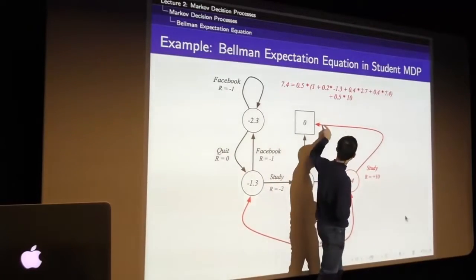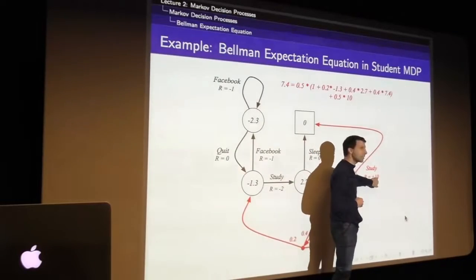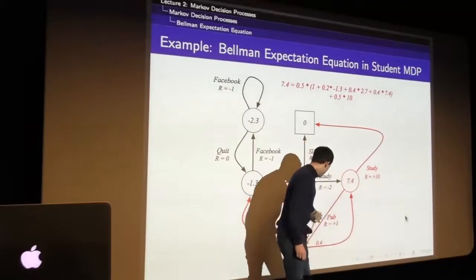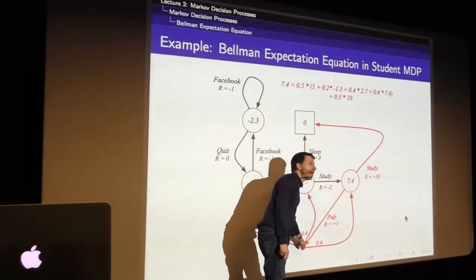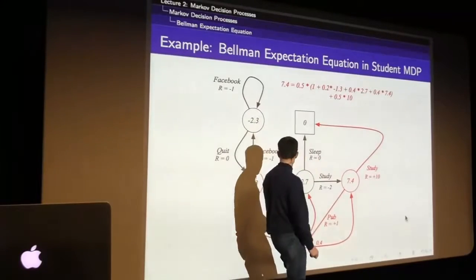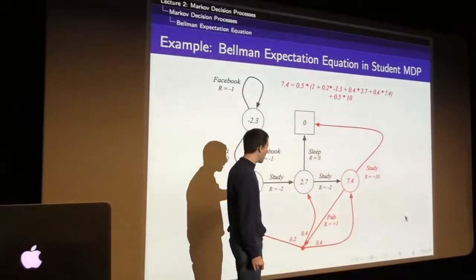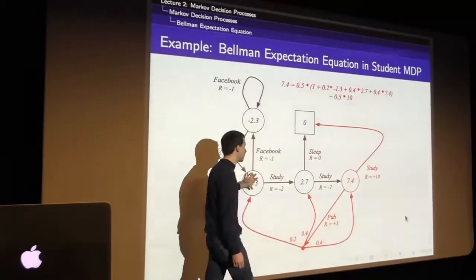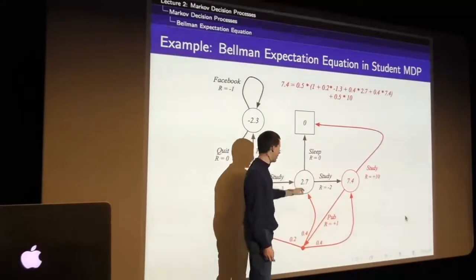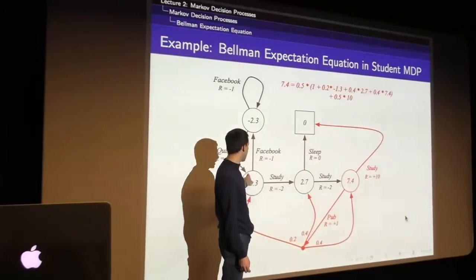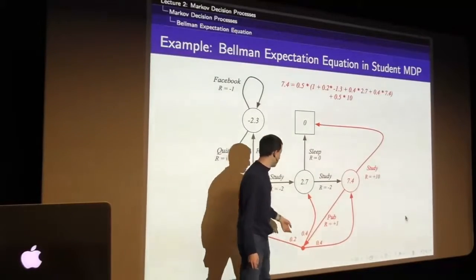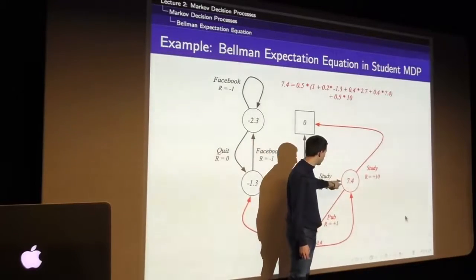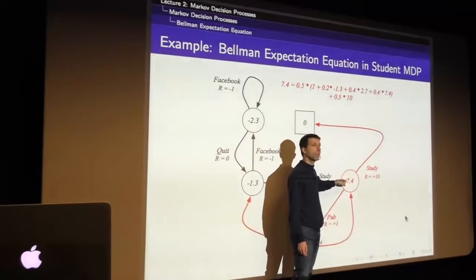There's a 0.5 chance we'll take this arc and get plus 10 reward. That's this part here. There's also a 0.5 chance we'll end up taking this arc, end up in the pub, and the pub might take us with 0.2 probability over here, 0.4 probability over here, 0.4 probability over here. And in each of those cases, we'll end up in a different state with a different value. So there's a 0.2 chance we'll end up in this state here with value minus 1.3. There's a 0.4 chance we'll end up in this state with a value of 2.7. And a 0.4 chance we'll end up in this state here with a value of 7.4,